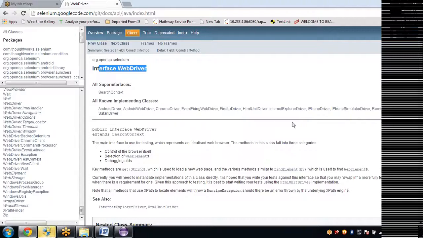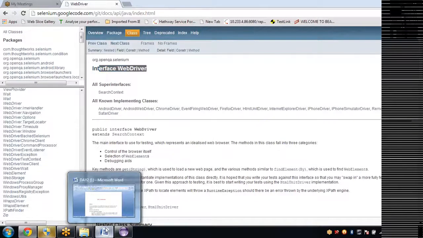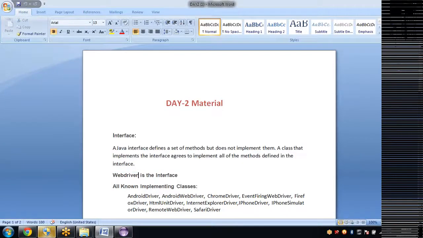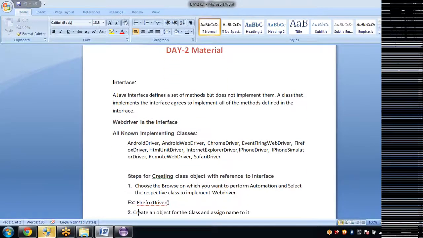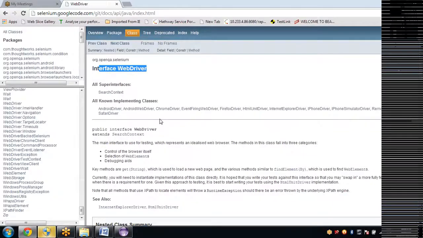It's same. If you want to go with iPhone, go with iPhone class, Android, and if you want to go with Google Chrome, then go with Chrome driver class. So it depends upon your browser. Choose first of all in what browser you are going to automate, and finally take that particular class to implement the methods present in WebDriver. I mean to execute all.